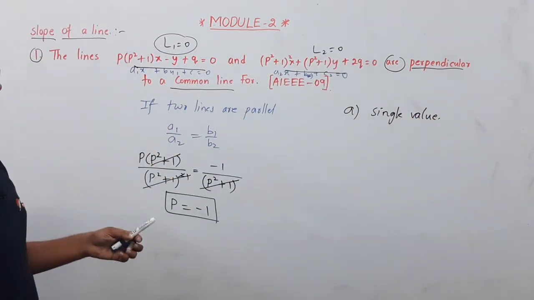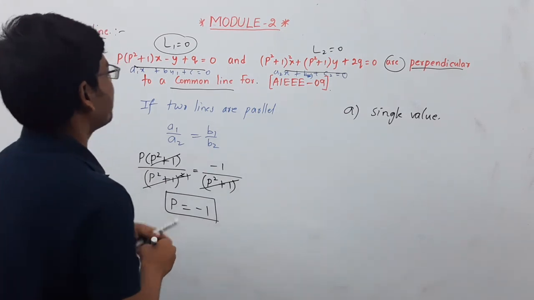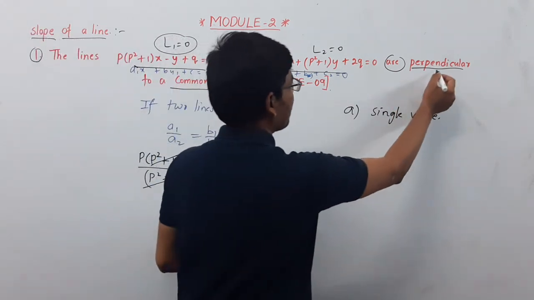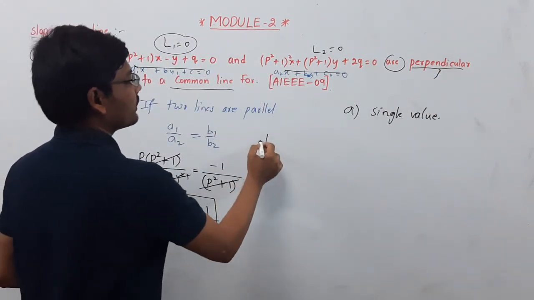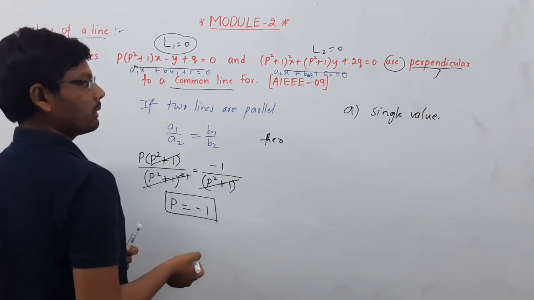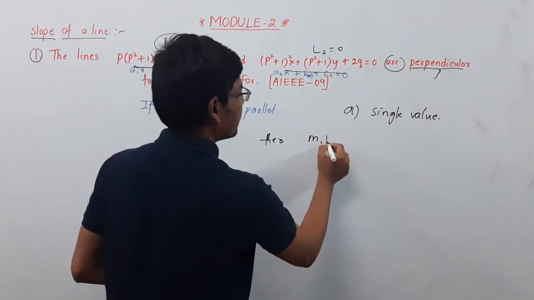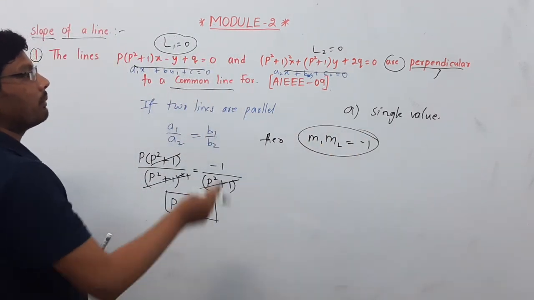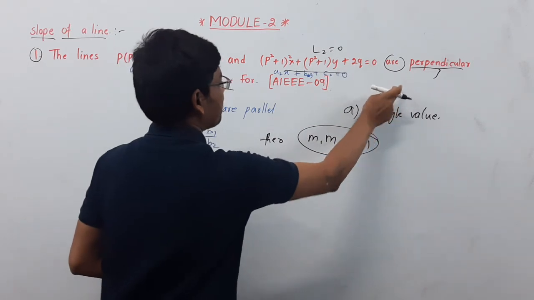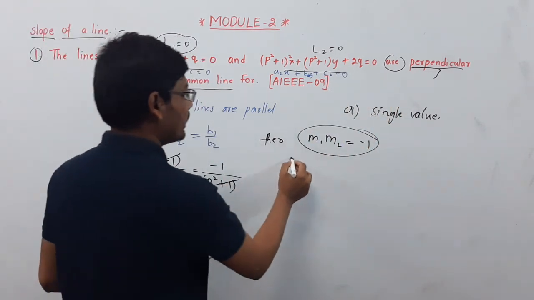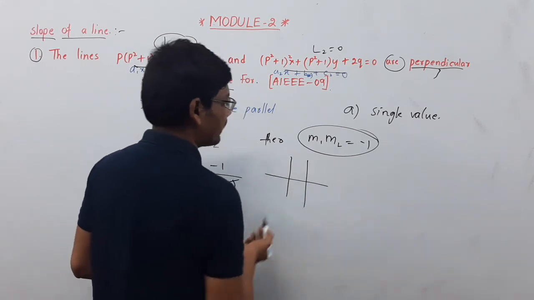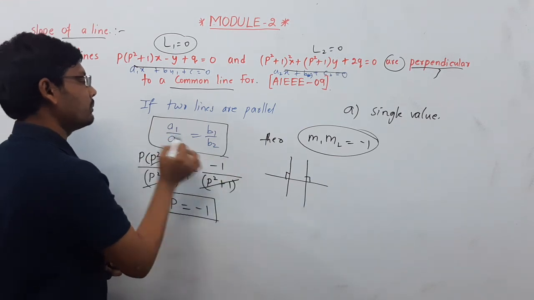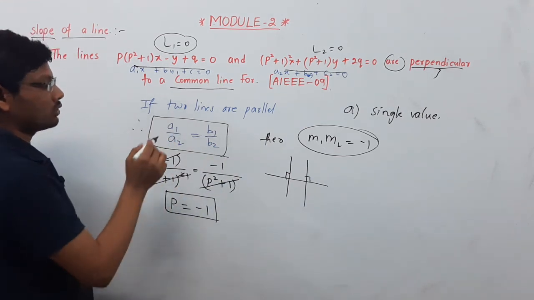First understand the question. Solving the question is not the main matter. First he is giving two lines L1 is equal to 0 and L2 is equal to 0, but he is saying perpendicular. Simply we can think they are perpendicular. Perpendicular is nothing but the product of slopes is equal to minus 1, M1 into M2 is equal to minus 1. But he is saying these two lines are perpendicular to one more line. So that's why, if a line is perpendicular to two lines, then the two lines are parallel. That's why I am taking this condition. This is the most important point to solve this question here.